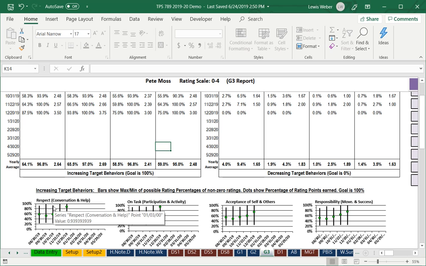Here, the occurrence is 93%. So for the third month, if Pete earned all fours for respect, except for when he earned zeros, the maximum value would be 93.9%. That's the way occurrence and maximum percentage work, because those zeros have to be included in the calculation